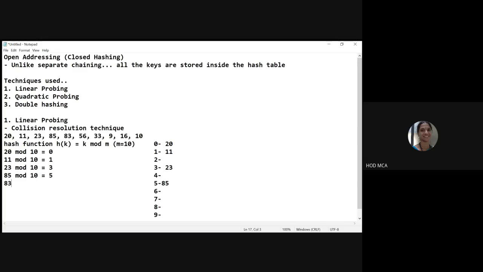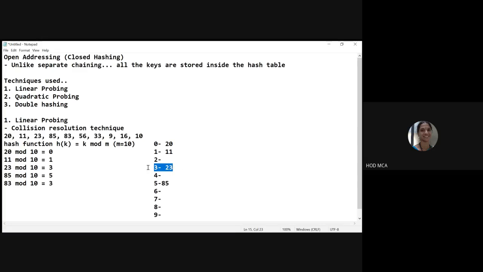When I come to 83, look here, 83 mod 10 is 3, right? But the third location is already occupied. 83 mod 10 is 3, which means in the third location I have to store 83. But since we had 23 mod 10 as 3, in the third location we have already stored this 23.